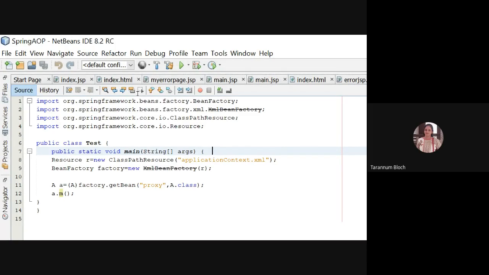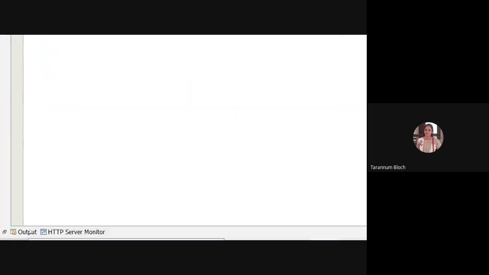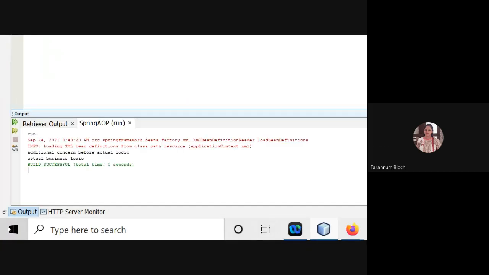But in the application context, we have wired the interceptor before advisor, which says additional concern before the actual business logic. So that method will be invoked first. So here is the output: additional concern before actual business logic, and actual business logic is another output, another line. Fine. This is aspect oriented programming.